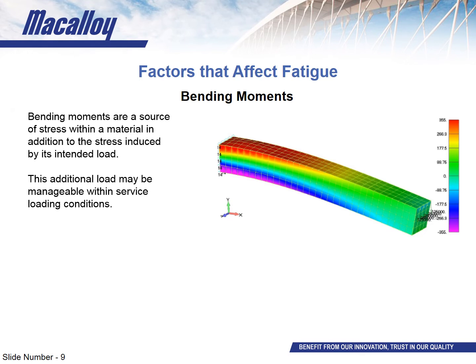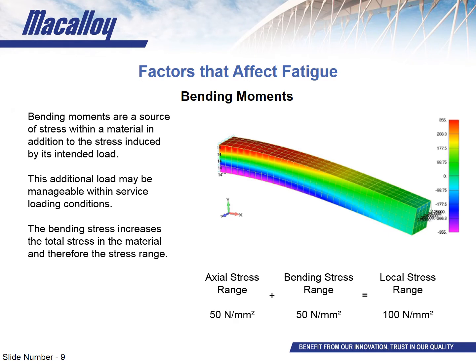Now, on occasion, it is manageable if the fatigue requirements are low or if there's a lot of redundancy in the member. However, if the fatigue loading is harsh, a bending moment amplifies this significantly. The reason behind this is, as the load oscillates, and the stress does with it, the two stresses change independent of one another. So if the stress range because of the axial load is 50 newtons per millimeter squared, and the stress range as a result of the bending moment is 50 newtons per millimeter squared, that localized stress range is 100 newtons per millimeter squared, and that's much more likely to lead to cracking